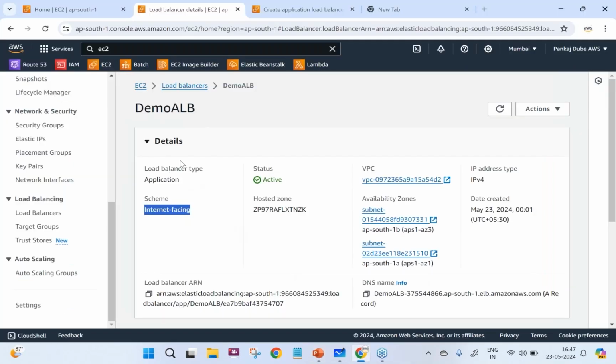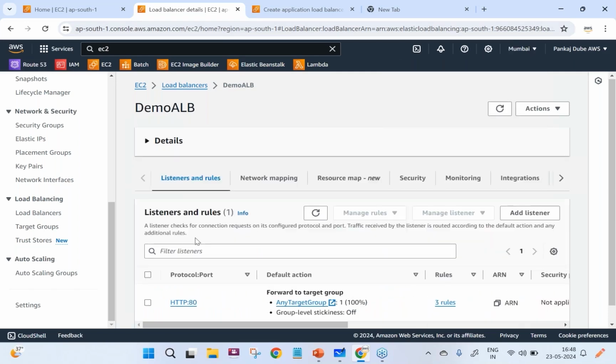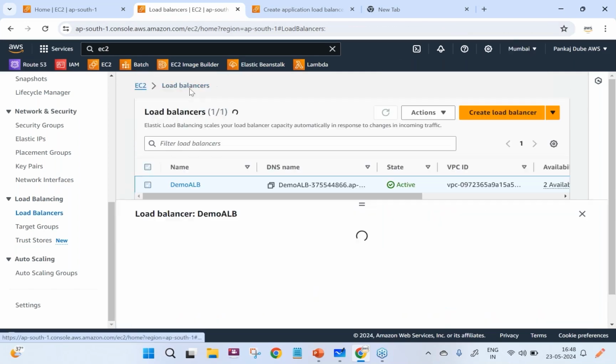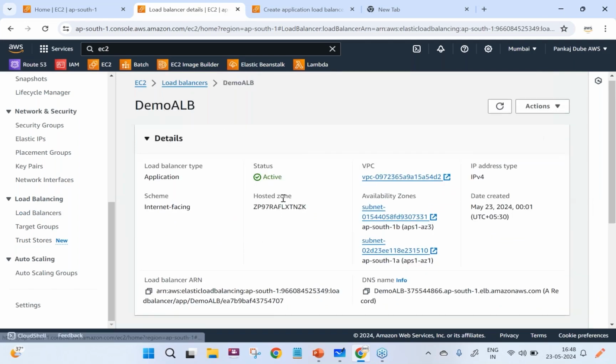So how to access that load balancer? Once I create a load balancer, it gives me a DNS name. Demo ALB is the name, hyphen ap hyphen south hyphen 1. This is the Mumbai region. Let me click on it. I get a DNS name.